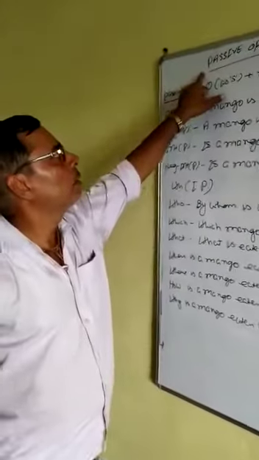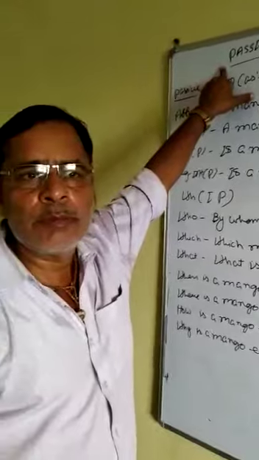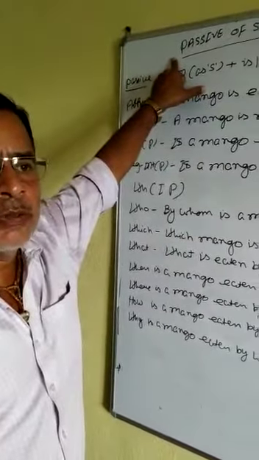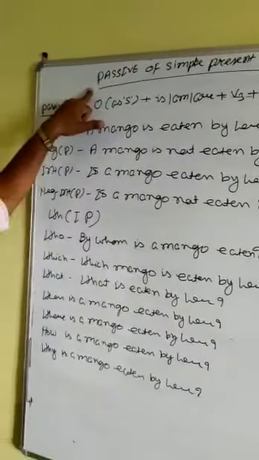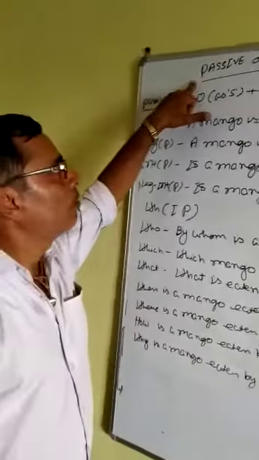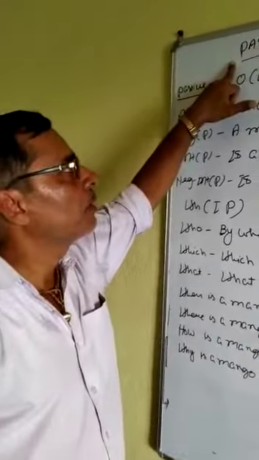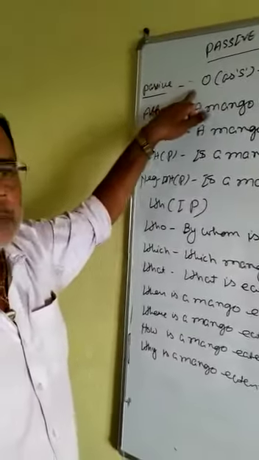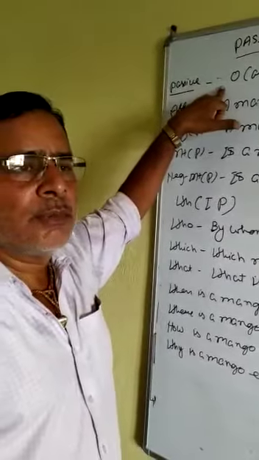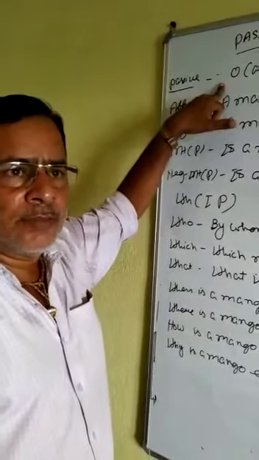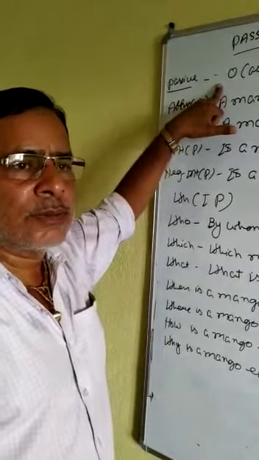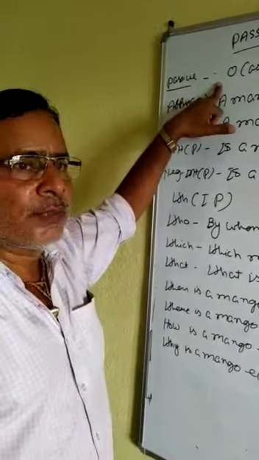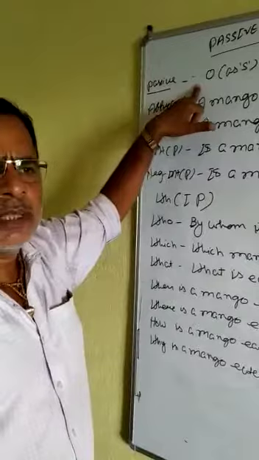So here is passive of simple present. Every student must know the method of passive of simple present. Simple present tense can be written in different structures, and all the structures can be transformed into passive. So here is the general passive rule,